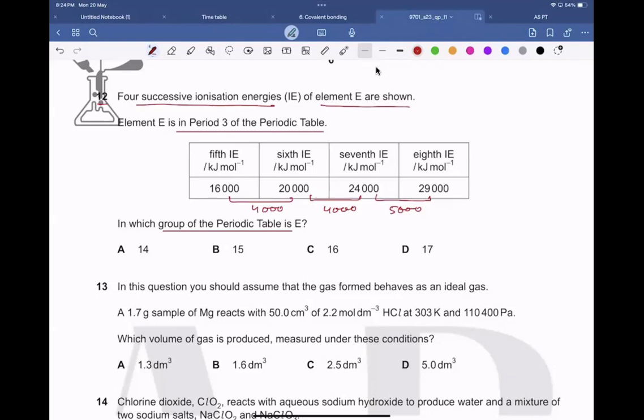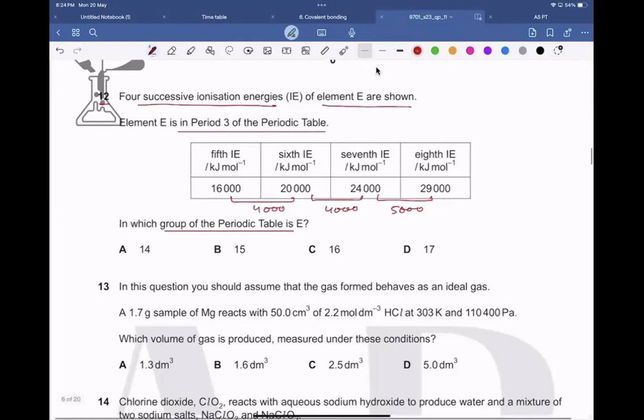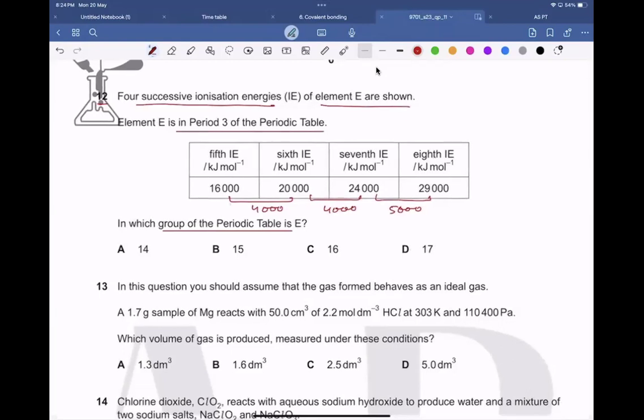So it's the 8th one. And it is the 5th one. If there is a, no, it's not a greater gap, it's almost a considerable gap. So if you see this, this will help you to understand that these all are the electrons